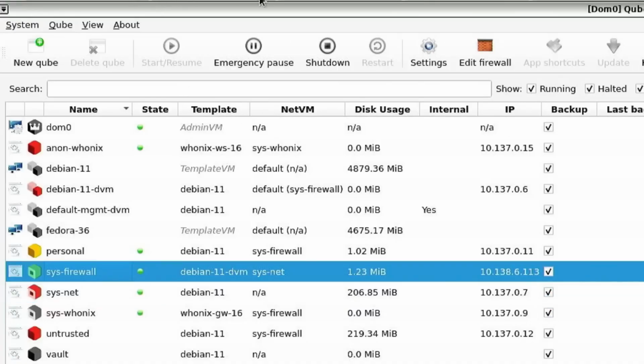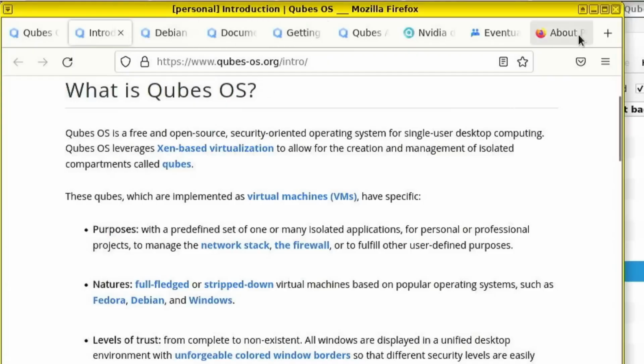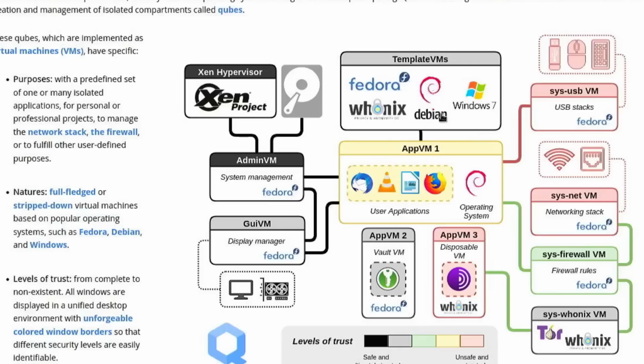Now, let's get a better picture of how it works here on Qubes OS. So you can see that sys-net VM, this is the one that has access to your Wi-Fi and to your Ethernet. This is the only virtual machine that's connecting directly to these peripherals. So the way that your network communications are working is, of course, everything's coming in through here. It has to go through the sys-net VM, then it goes through the sys-firewall. That's on a separate VM.